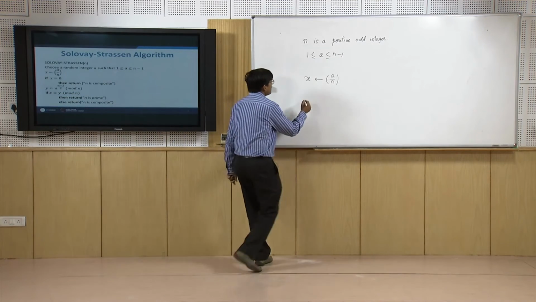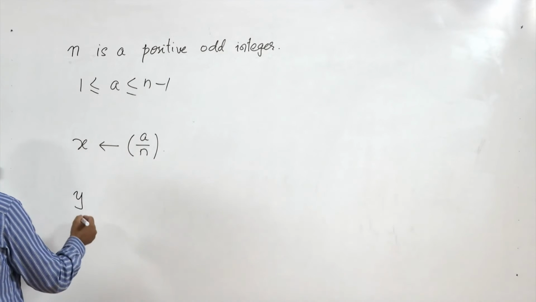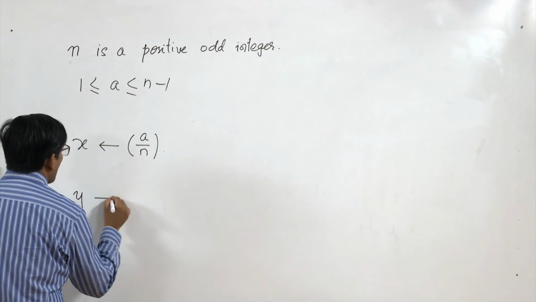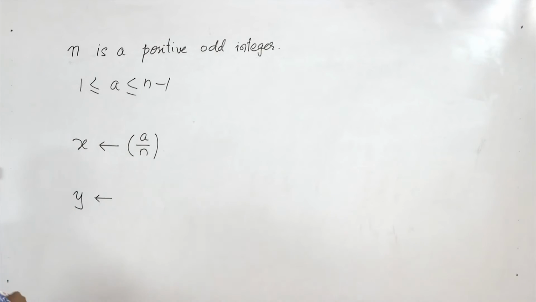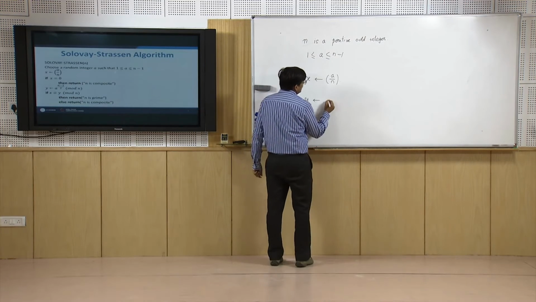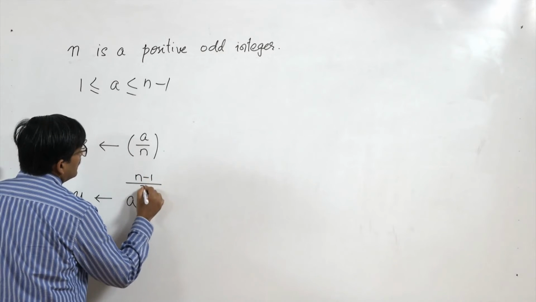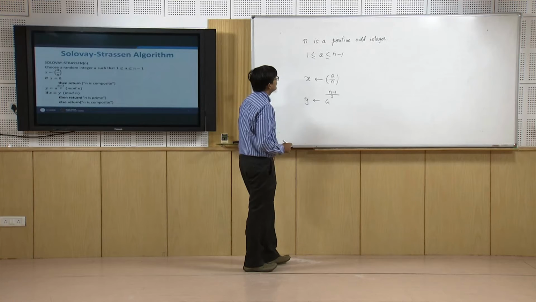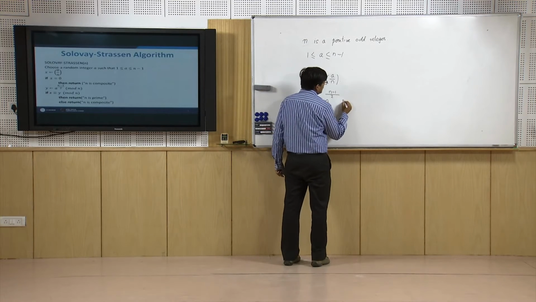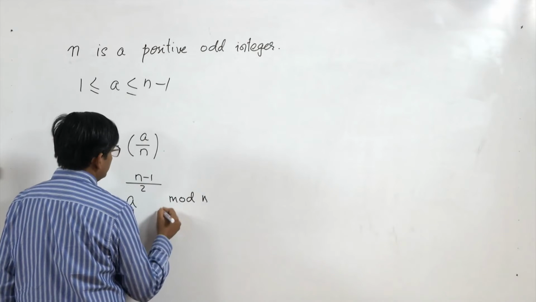So, we get y as a raised to the power n minus 1 by 2 mod n,